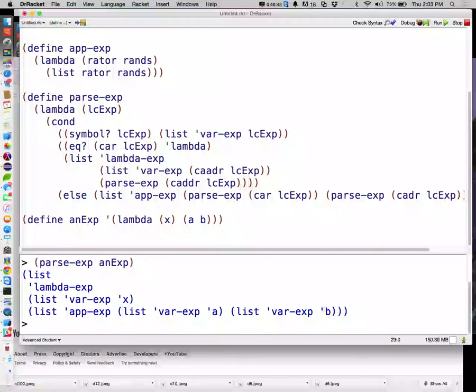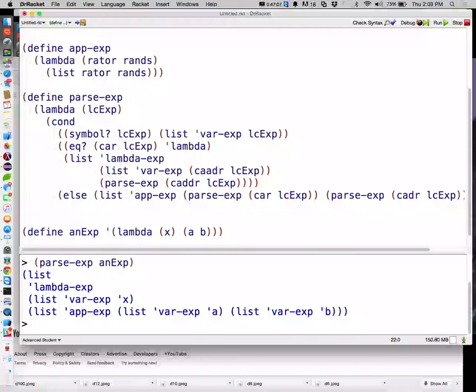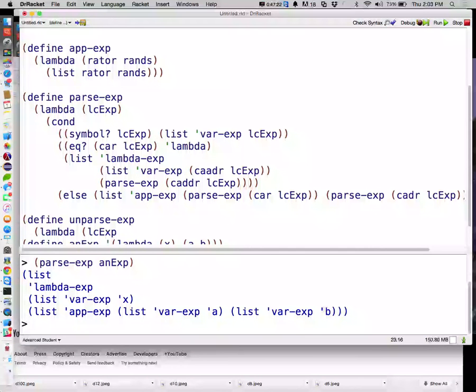Now, what if I want to write unparse-exp? So now we'll take something that is the output of parse, something that looks like this, and it turns it back into something that looks like this. Undoes the parsing. So we're going to define unparse-exp to be a lambda that's going to take in a lambda calculus expression. Let's actually call this a lambda calculus